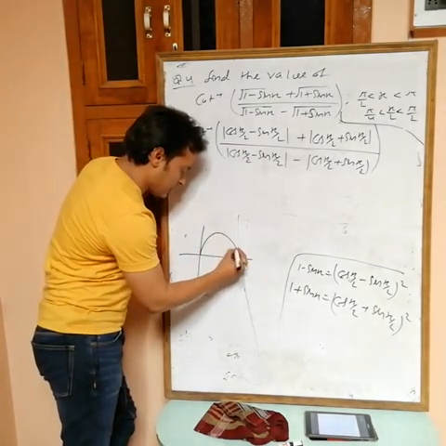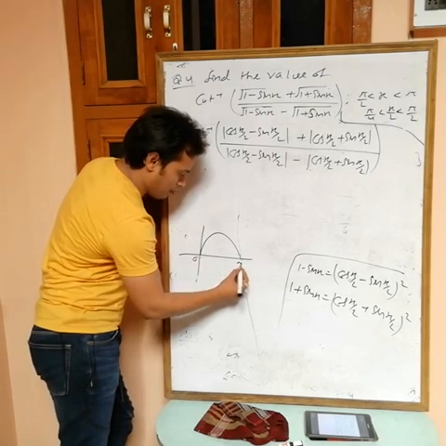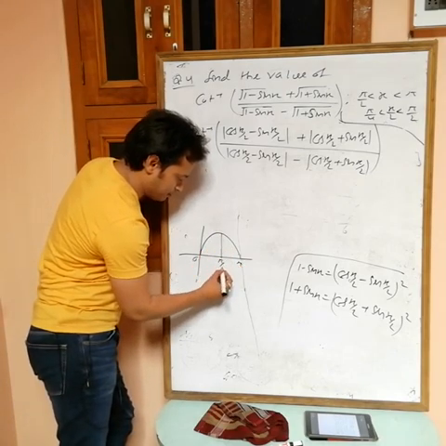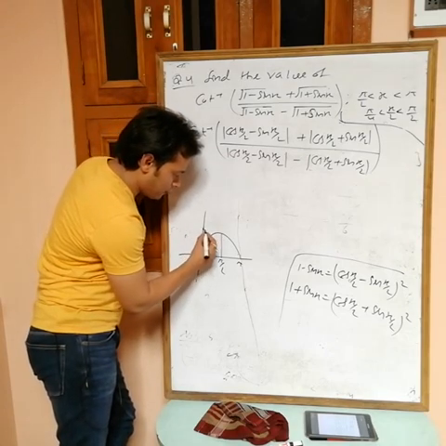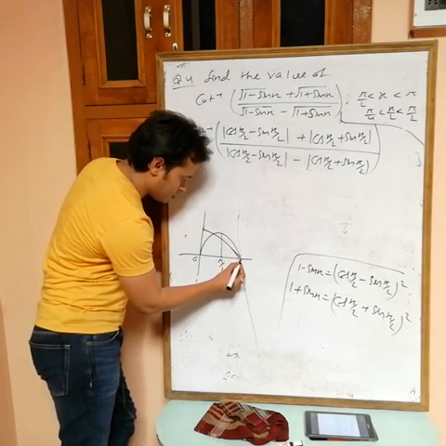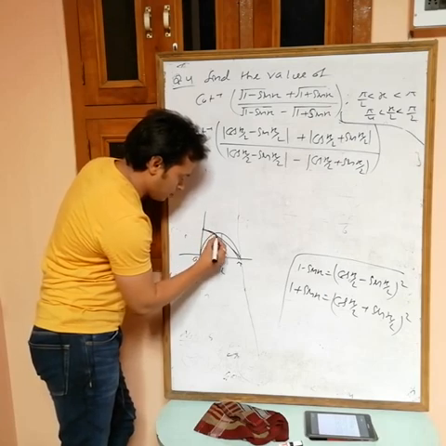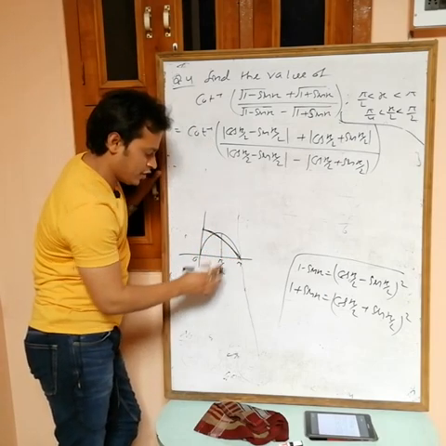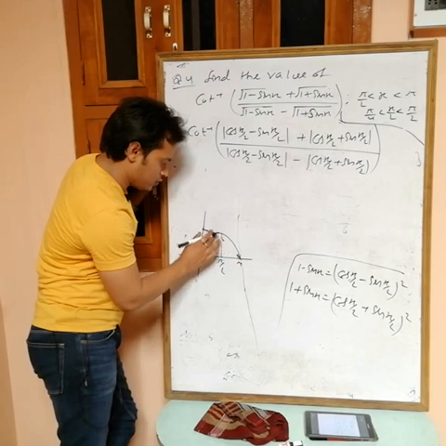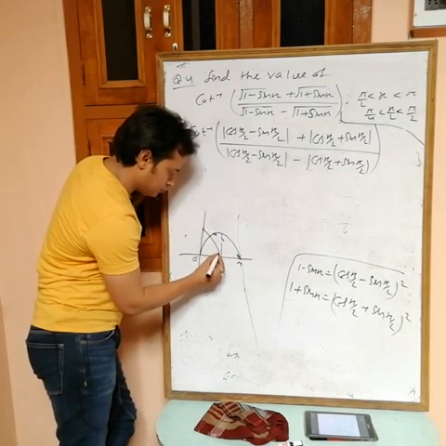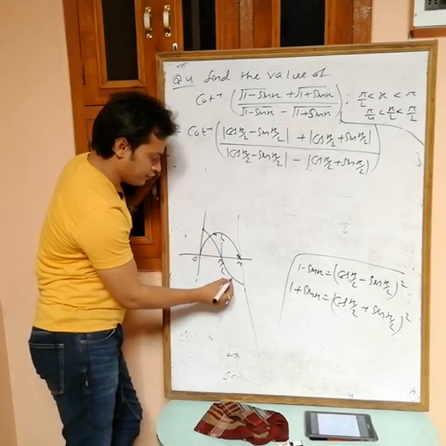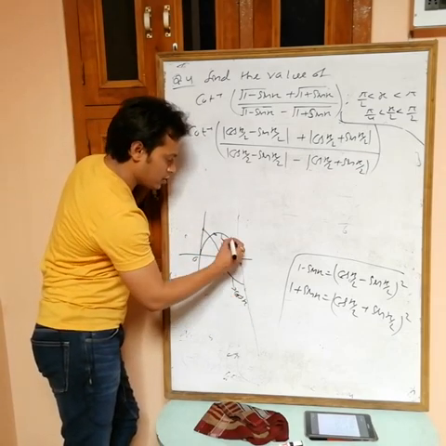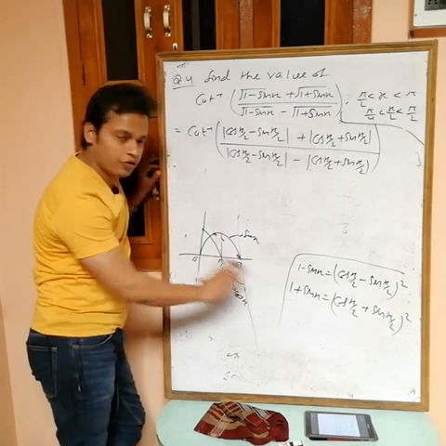So this is the graph of sin for 0 to pi, and this one is pi by 2. Okay, now draw the graph of cos. Graph of cos is this one for 0 to pi. Sorry, at pi by 2 this becomes 0, na? This is the graph of cos x, and this is the graph of sin x for 0 to pi.